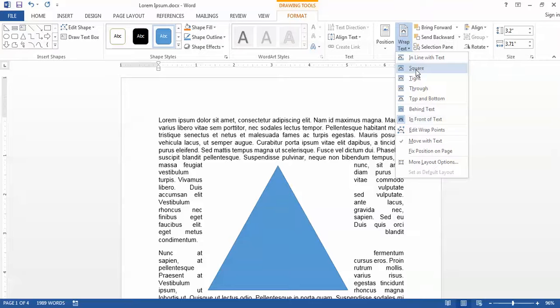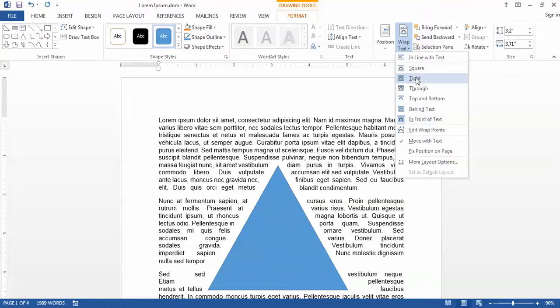Square, the text does wrap to the sides of it, but it does so straight up and down. That's because most of the images that you're probably going to wrap text around are either going to be square or rectangular in shape. So square is one of the most commonly used ones. Tight, on the other hand, will wrap text to conform to the shape itself. In this case, the triangle has diagonal lines on the sides, so the text wraps diagonally along the sides of